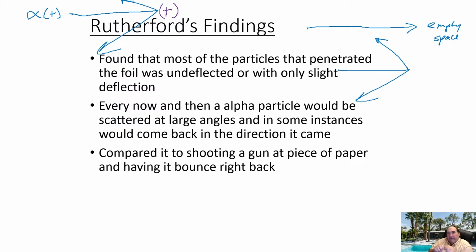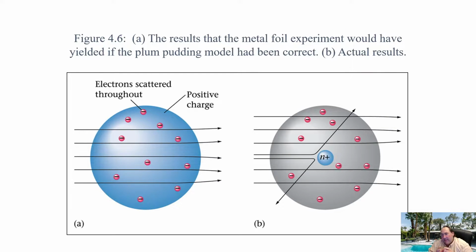What's that old saying? You can only fold something maybe 7 times before you can't fold it anymore. But let's just say all the positive charge now is in this very, very densely concentrated area. And if I try to shoot my pen through it, it is going to probably hit it and be deflected off. So this was a really important discovery in terms of the structure of the atom, what Rutherford found. Here's a picture of that.